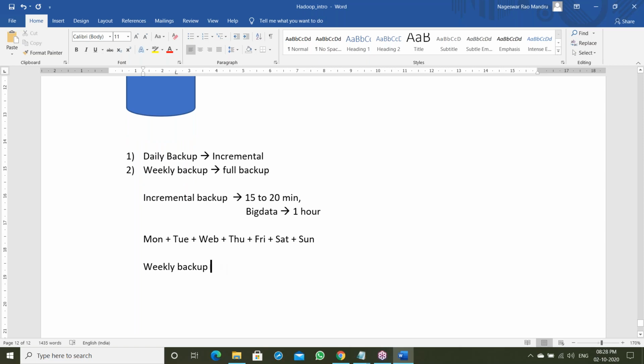Weekly backup takes 2 to 3 hours. Weekly backup is a whole week of data, right? Around 2 to 3 hours, sometimes 2 hours, sometimes 3 hours, in the small data case. And if it is big data,